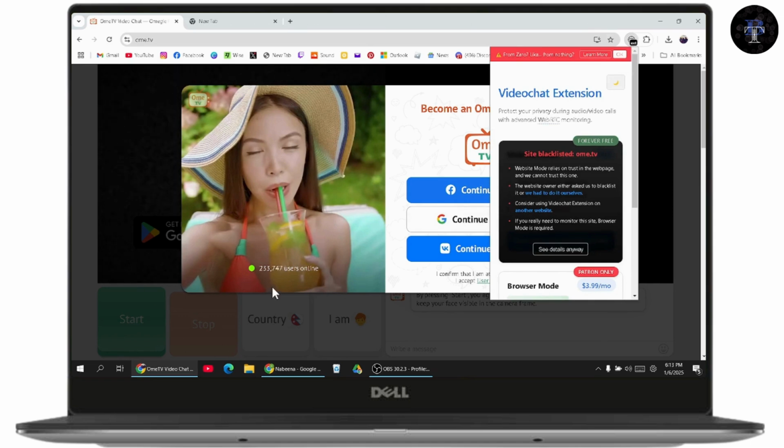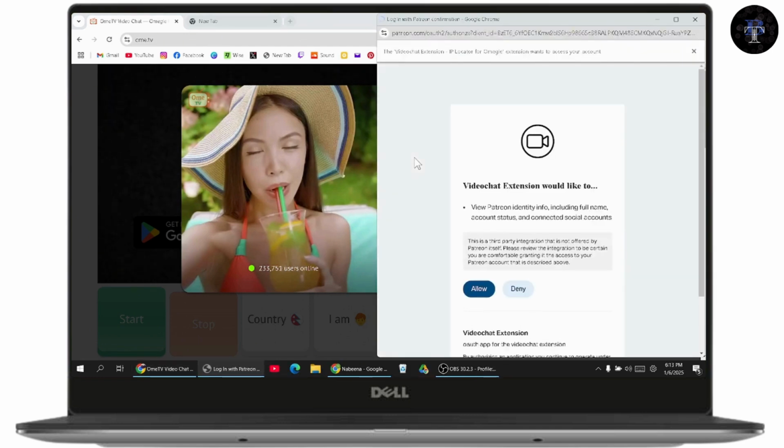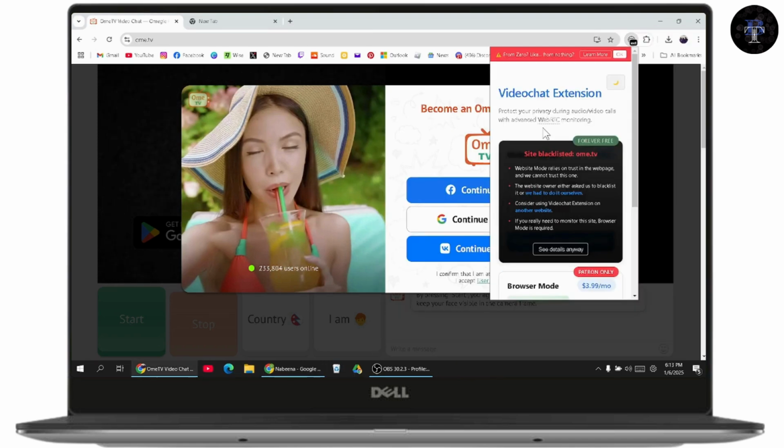On the background you need to go with the OmeTV. Open up your OmeTV and then go with the extension, which is on the top right, and scroll down and then go with sign in and continue, allow the access. And after that you can go with the settings of the extension and then turn on the option of skip men under your